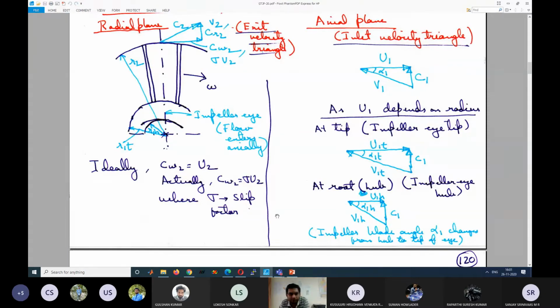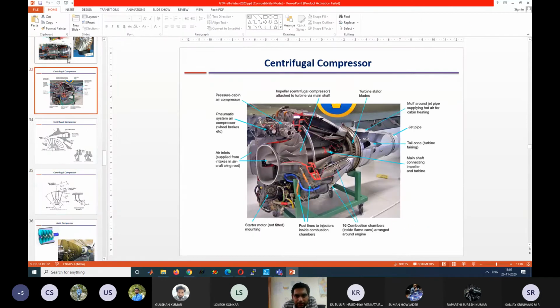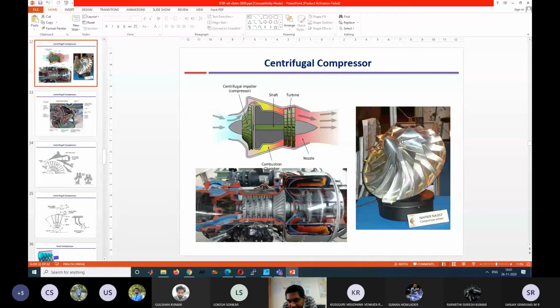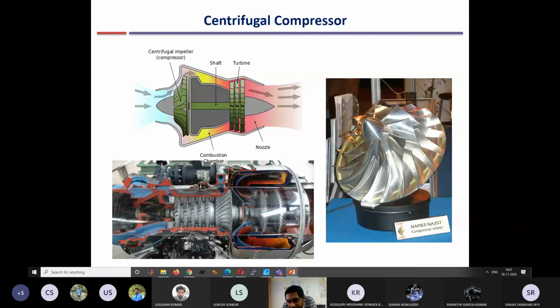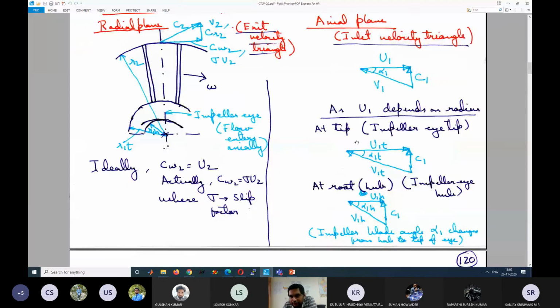So actually the blade should be twisted. These blades are actually twisted, and this is the impeller eye. You can see here. I will enlarge this. This is the impeller eye. So blades are slightly twisted here. This is the hub. This is the tip. Flow is coming like this in the axial direction, and then goes out in the radial direction. So this is the 3D picture, and it is twisted because the angle has to change. This also will be very important while solving problems. Is this part clear? Root and tip.